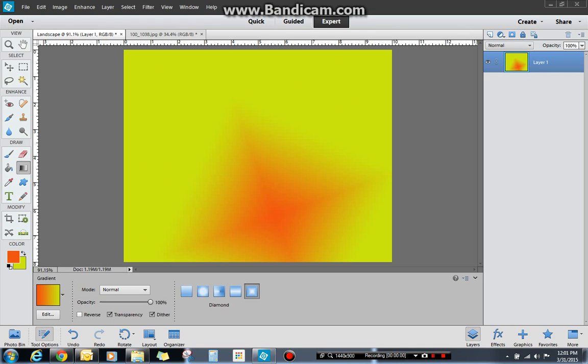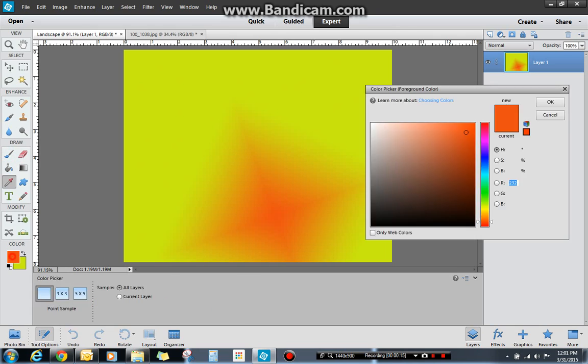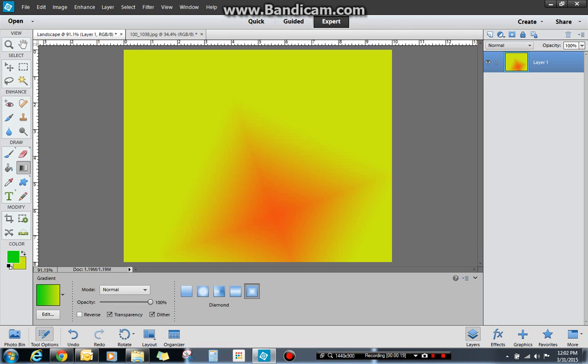This tutorial is going to be about adding layers, moving layers, deleting layers, and quite honestly, the importance of layers. So I've got this gradient background. I'm going to draw a landscape, just a nature scene. So I'm going to choose green because I'm going to make like a hill, and I'm going to take my paintbrush,